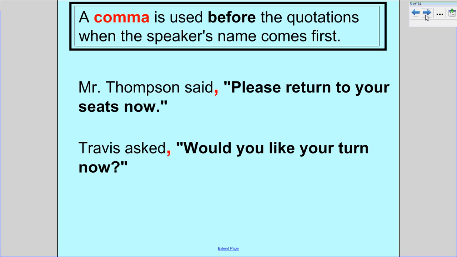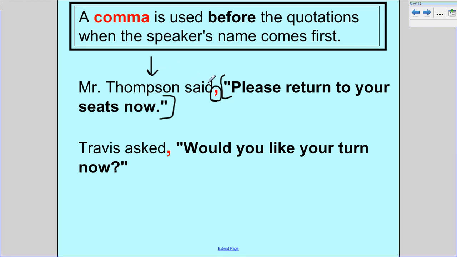A comma is used before the quotations when the speaker's name comes first. So for example, if I said, Mr. Thompson said, "Please return to your seats now." I know from my previous rule that the only things that are in quotations are the things that Mr. Thompson said. And now, according to this rule, I must put a comma before the words that Mr. Thompson says. We're going to call this thing right here, where we give the person's name,